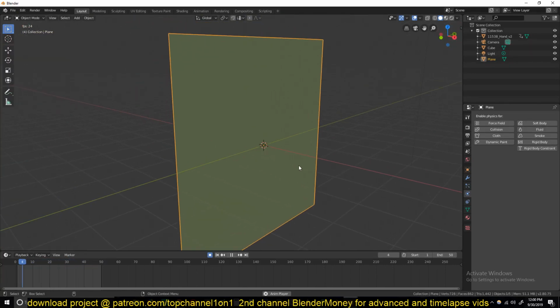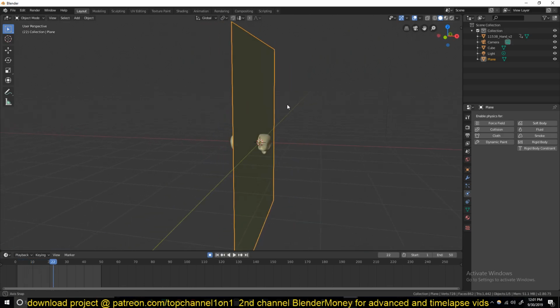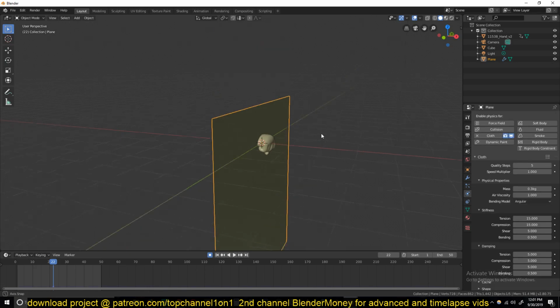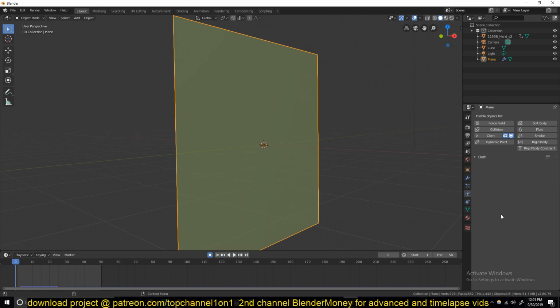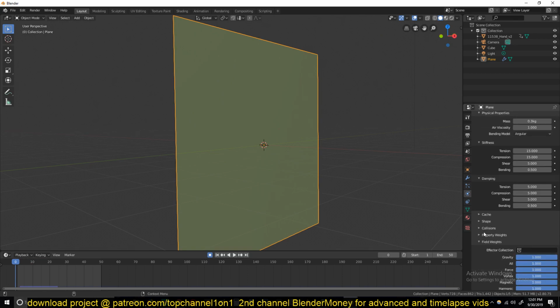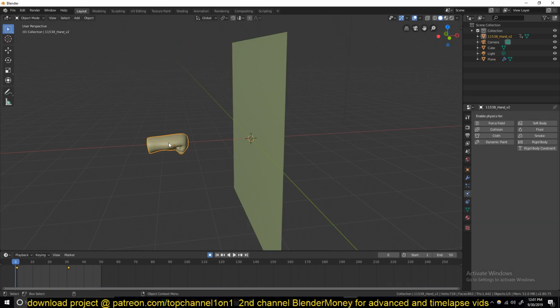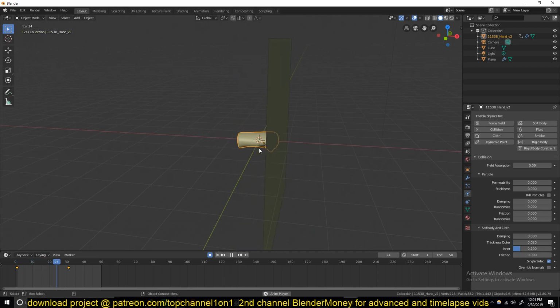So we're going to be using the cloth simulator to simulate the metal deforming. So let's select the metal, go to the physics property and add a cloth modifier, then a cloth property, and you can see the cloth right now is just falling down because of gravity. So let's go down to field weights and remove the gravity so that we don't have the cloth falling down. And now we can select this fist and then add a collision physics property, so that it can interact or punch